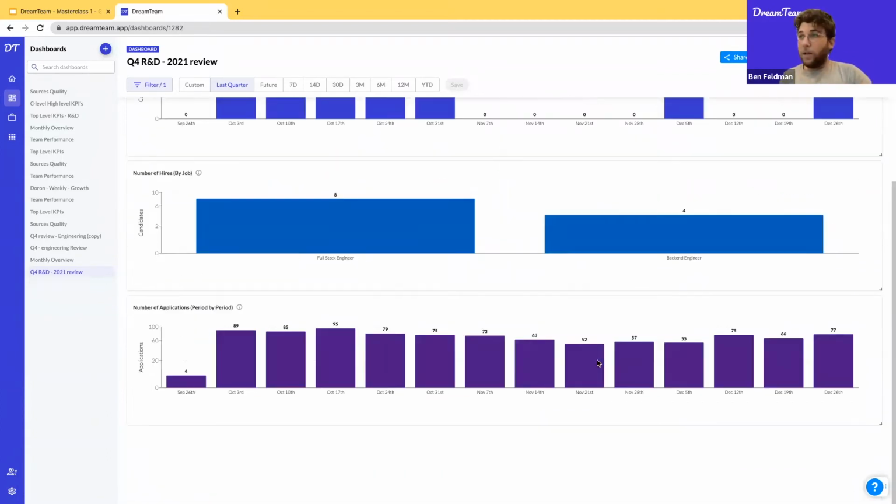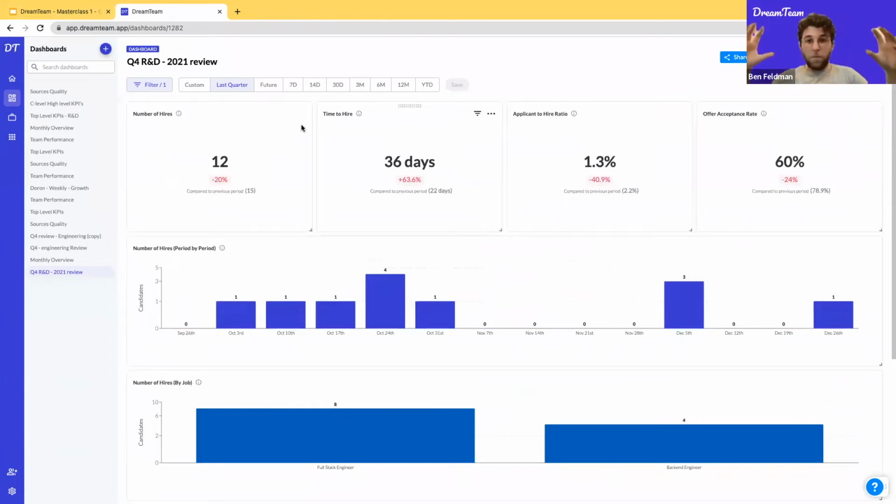So now what we need to do, right, is we've understood, we've mapped everything, and now we need to see what is of interest. The truth is that speed is definitely of interest. Why have we increased our hiring time from 22 days to 36? So that could be the first area that we can focus on. The second is quality. Why are only 60% of our applicants accepting our offer when last quarter we were at